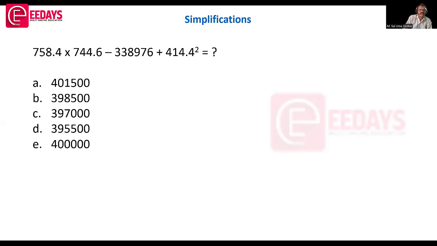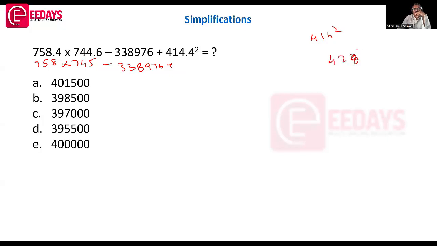Next, 758 in 0.4 into 774, 744.6. ఇక్కడ 758 తీసుకుందాం ఇంటూ 745 తీసుకుందాం మైనస్ 338,976 ప్లస్ ఇయర్ 41 స్క్వేర్ 414 స్క్వేర్ తీసుకున్నాం అనుకోండి అప్రాక్సిమేట్ గా. ఇప్పుడు ఏమవుతుంది మనకి? దిస్ ఈజ్ ఈక్వల్ టు